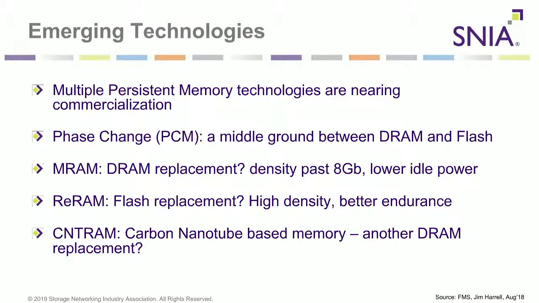But the capacities are not up there. There are smaller capacities of MRAM-based products available in the market. And there is a newer one, it's fairly new, the carbon nanotube-based memory, that has not hit the market, but it is in the works. So the takeaway is there's going to be a lot of changes coming in the future for the media itself, like the non-volatile media, which can actually take advantage of the newer ecosystem that we are building based on NVDIMMs and 3D XPoint that's available today.